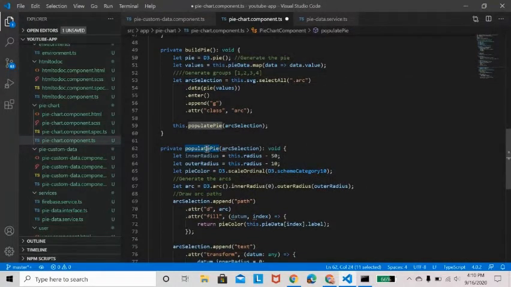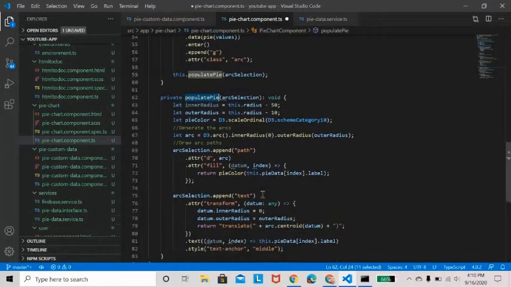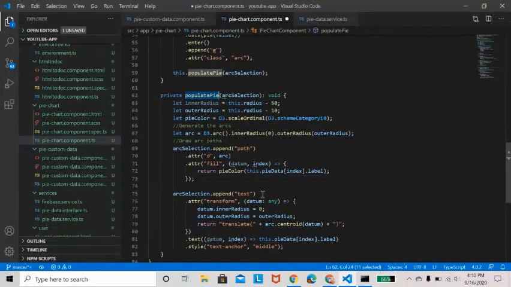This populate pie function will add colors to each path, each data value path, with corresponding text. This path will place the corresponding color on our values, and this text will append our label text into that path section. This is what is going to happen.